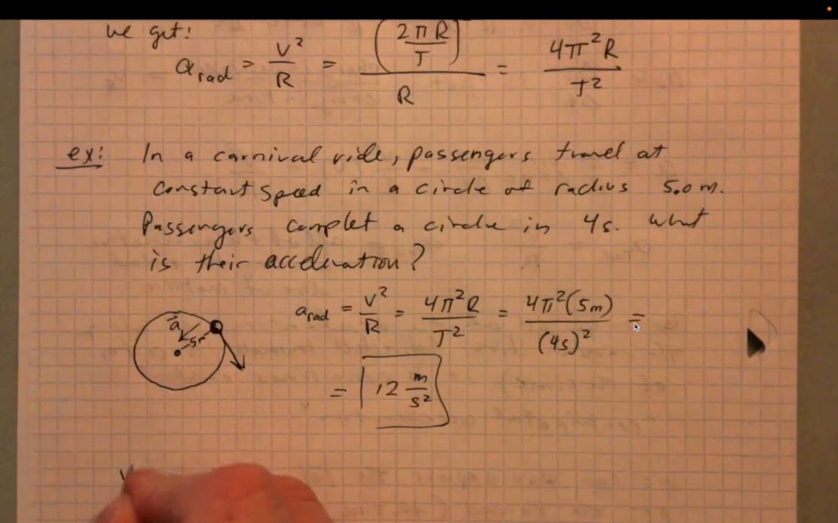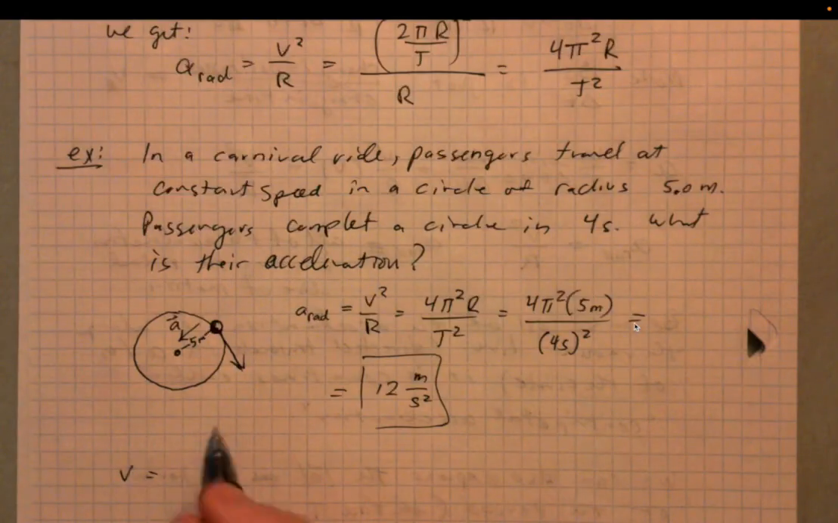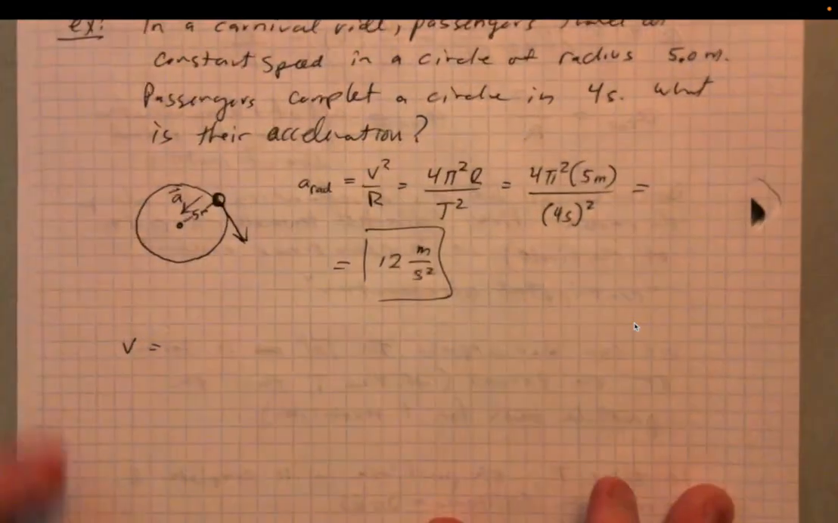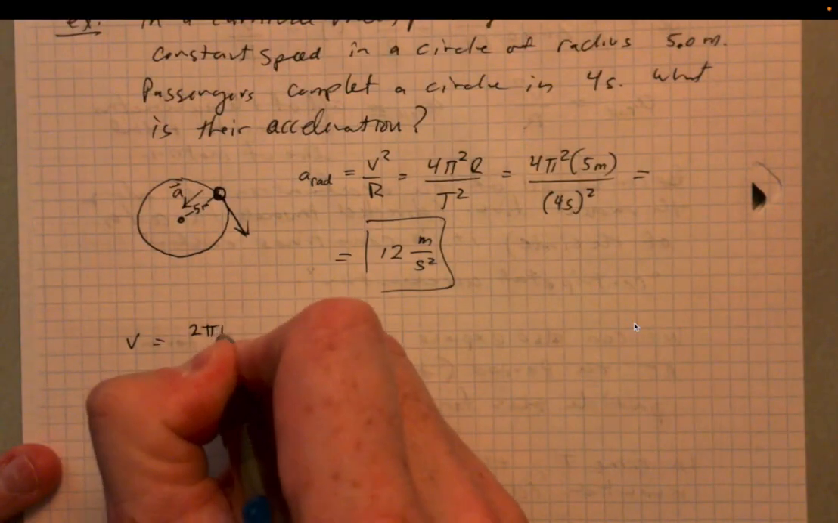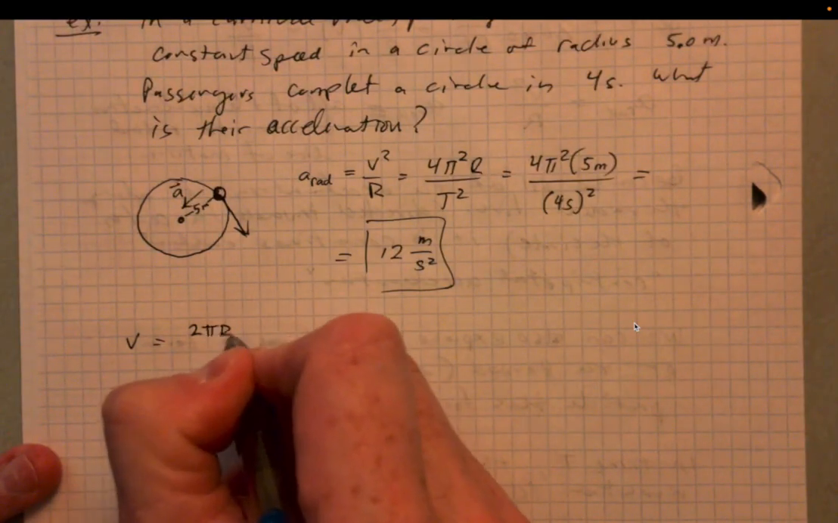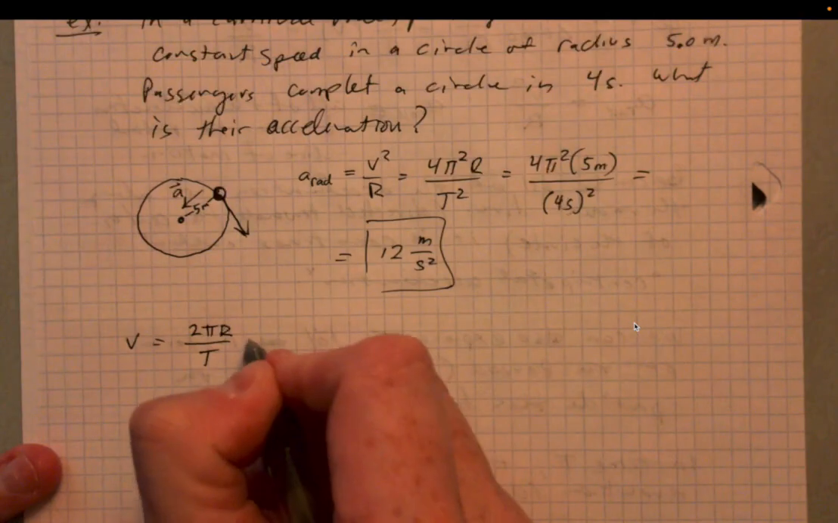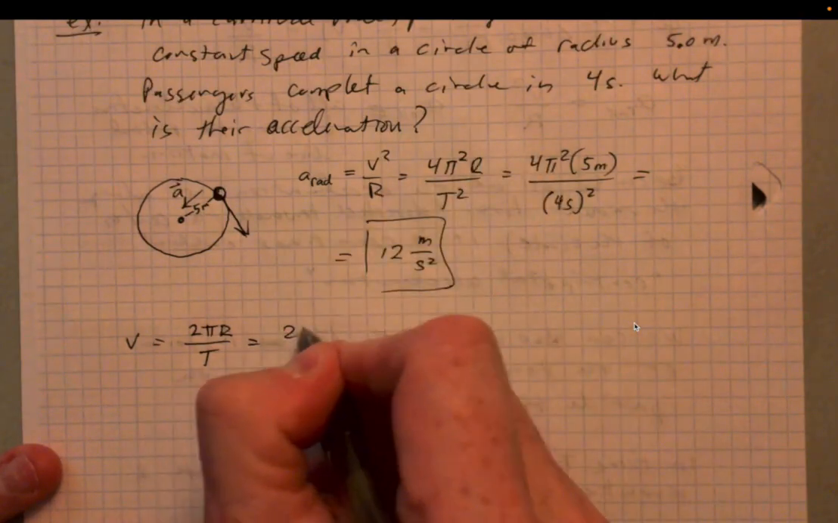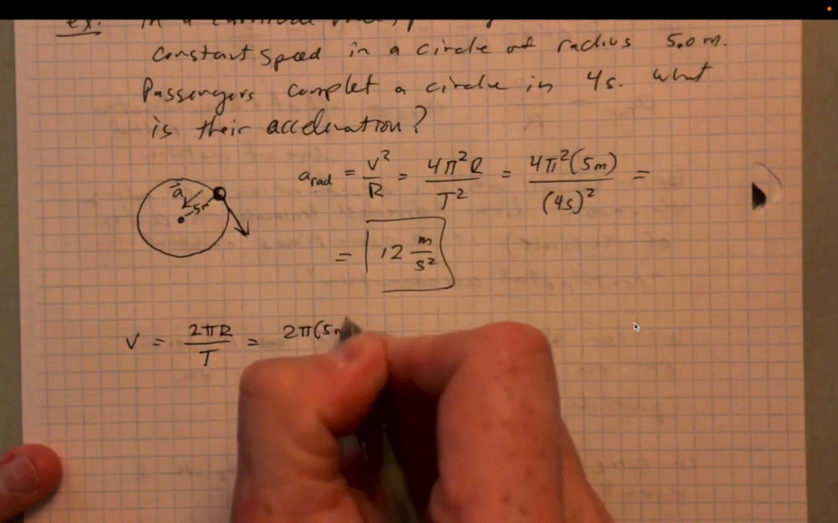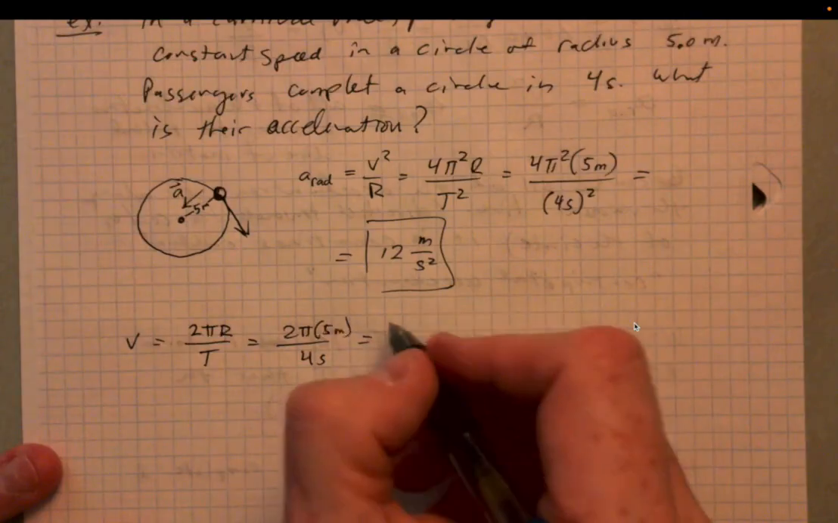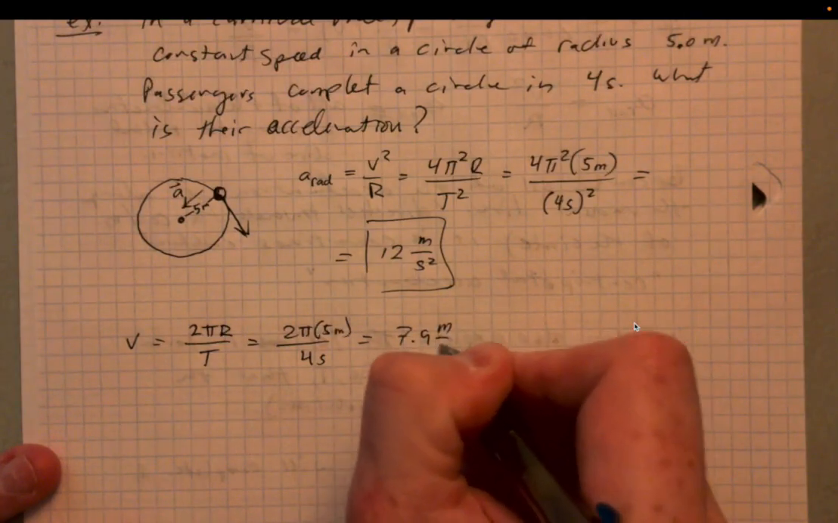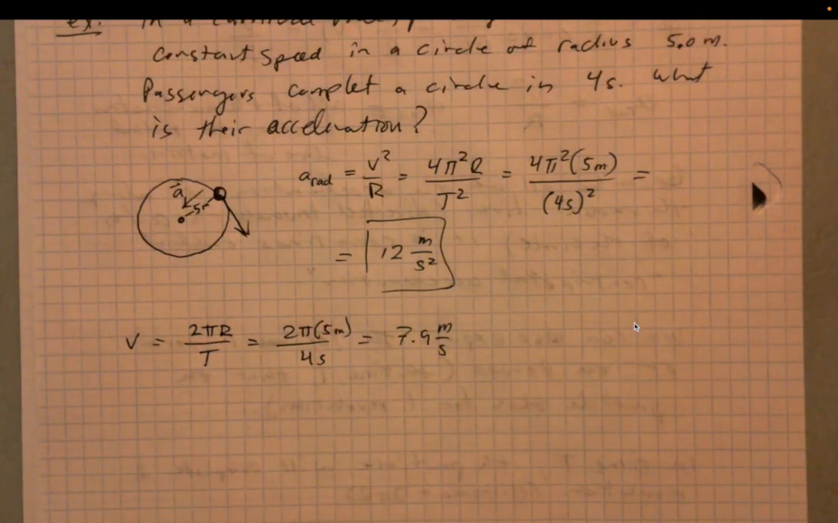Let's start with calculating the velocity. So the velocity, in this expression, would be 2 pi r over T, right? So it's just the distance traveled divided by the time it takes to travel the distance. So 2 pi times 5 meters over 4 seconds. So the magnitude of our velocity is 7.9 meters per second. Right, and therefore